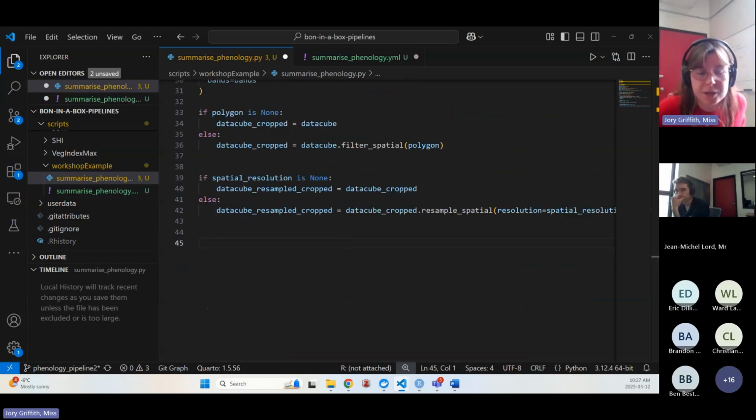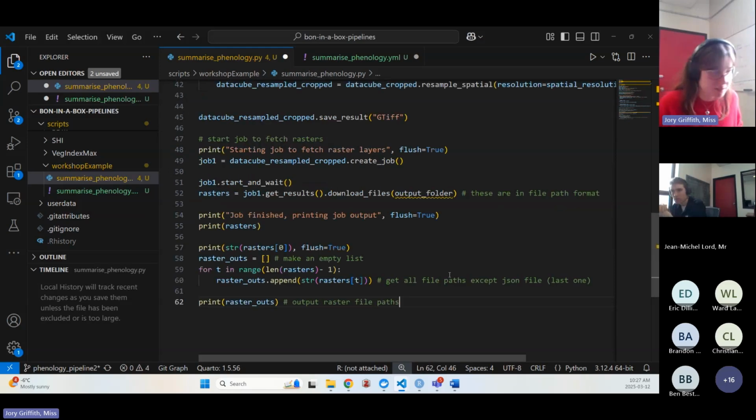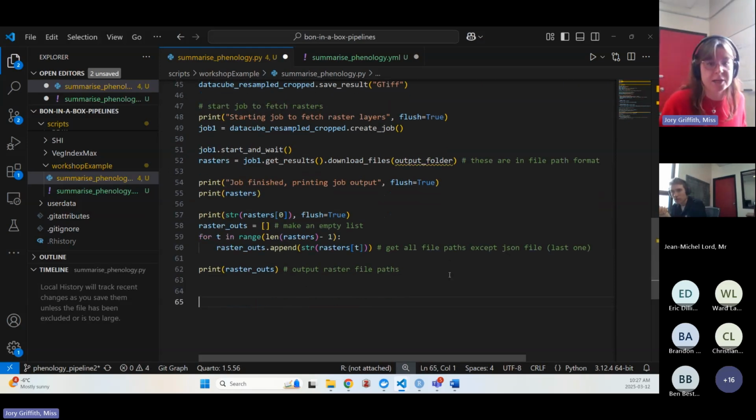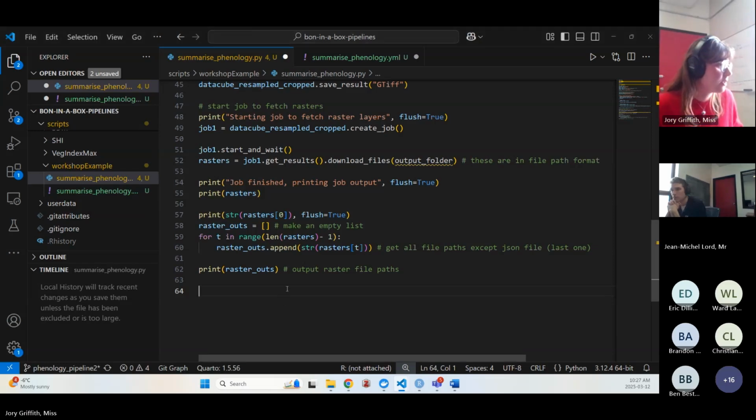So now I'm going to write some code to actually pull this data and fetch the rasters, etc. That's not so important to look at. But now I want to actually output this in Bon in a Box so that it appears as an output. And so I'm going to use this function